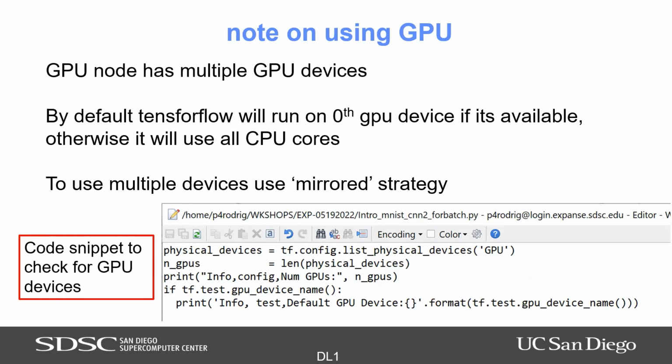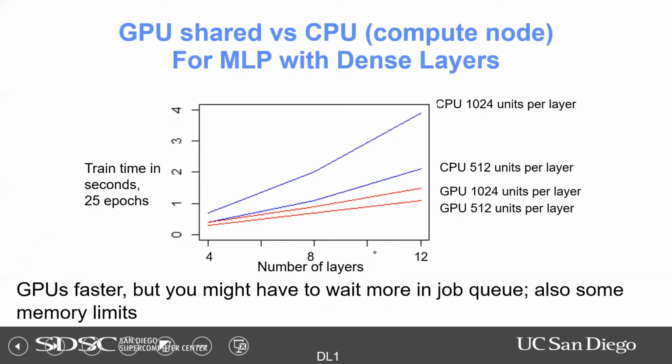you can do that as well using the mirrored strategy. And I don't have a detail for that, but the Keras tutorials have pretty decent examples of how you do a basic mirroring. And you can get some speed up for that. It's not as big of a speed up as when you go from CPU to GPU, where you get a big speed up. When you go from one GPU to multiple GPUs, as long as they fit in memory okay, you'll get speed up as well.